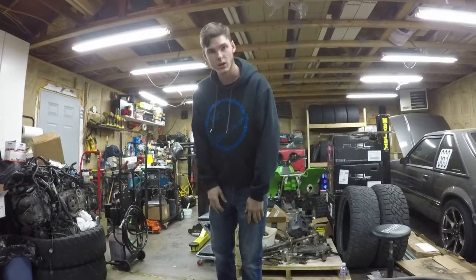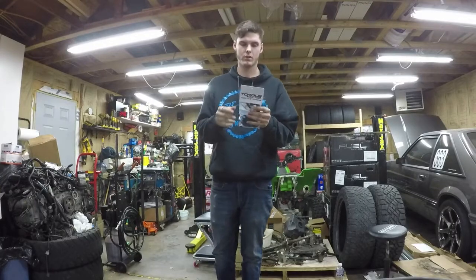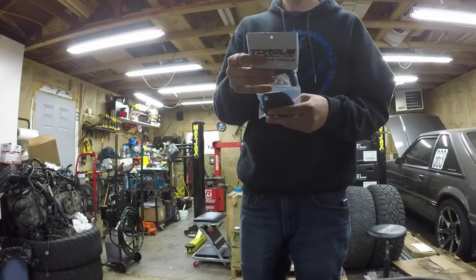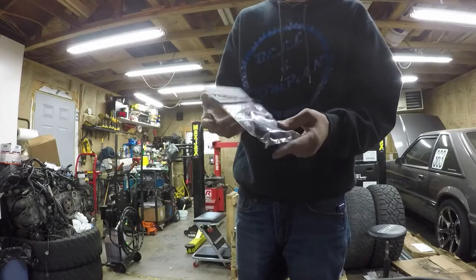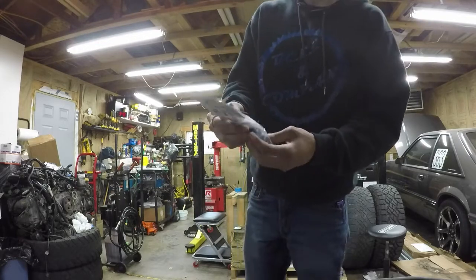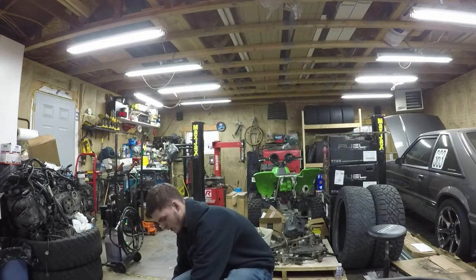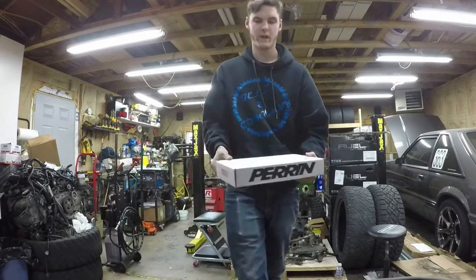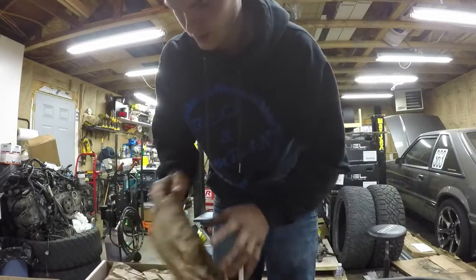So we will be installing the rest of the Pro Tune stuff. We have the Torque Solutions EGR delete kit for the WRX and Forester XT. That's going to be hopefully pretty simple, not too sure about that one. And then we have the Perrin TGV delete. This is the other very important one. Haven't unboxed any of this,